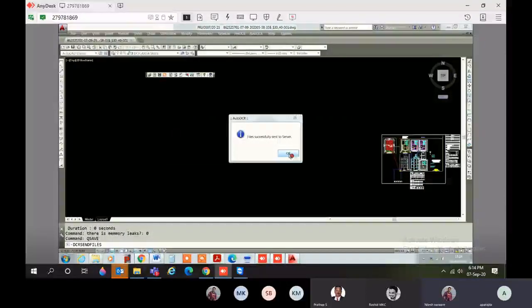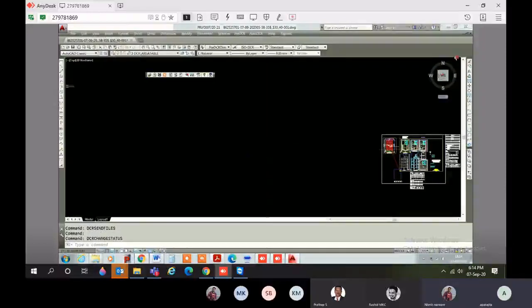So now the file is uploaded successfully. There are three phases now. The first is running scrutiny, the second is generating PDF, and the third is rule body payment. Again, if your file is large, it may take time.